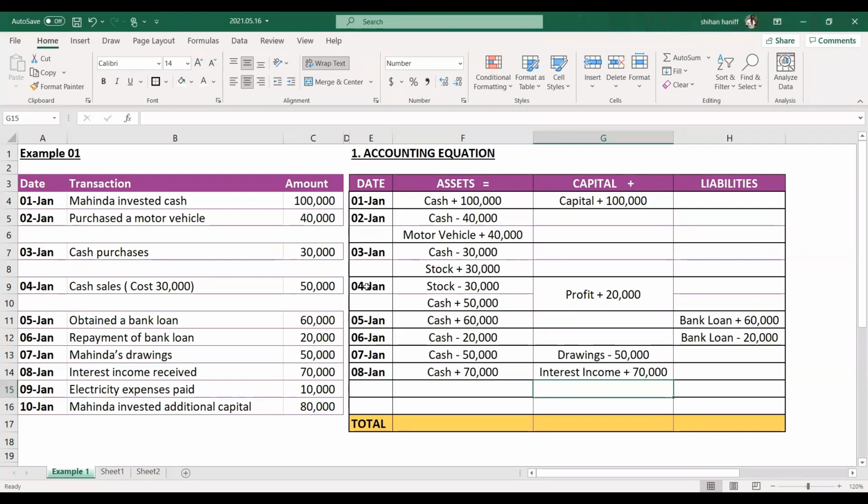Additional debt. 80,000. Then you are calculating the total liability is 140,000. About assets and